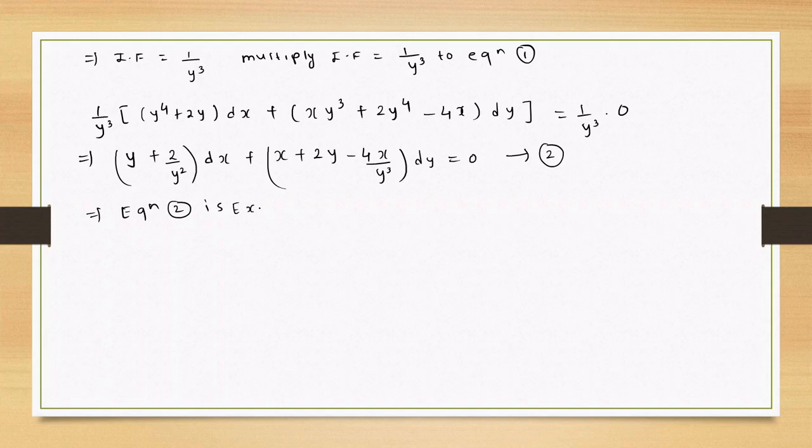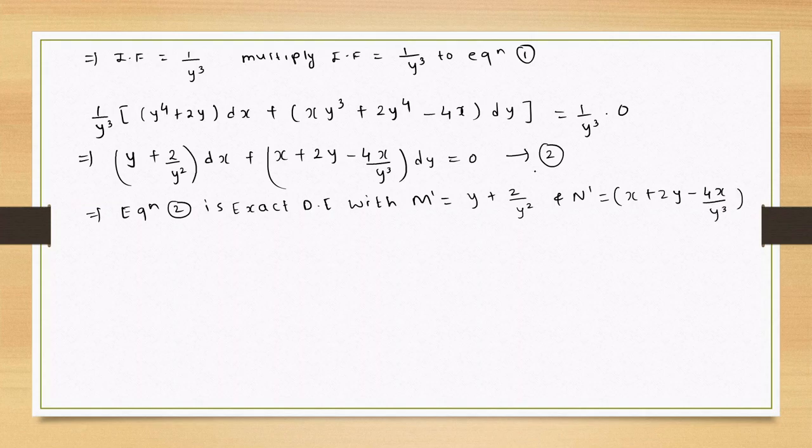So this implies equation 2 is an exact differential equation with, what is M dash here? y plus 2 upon y square, and N dash is x plus 2y minus 4x upon y cube. Right? So equation number 2 is directly, we can conclude, exact. There is no need to check that equation number 2 is exact. Okay. Now, and we know that